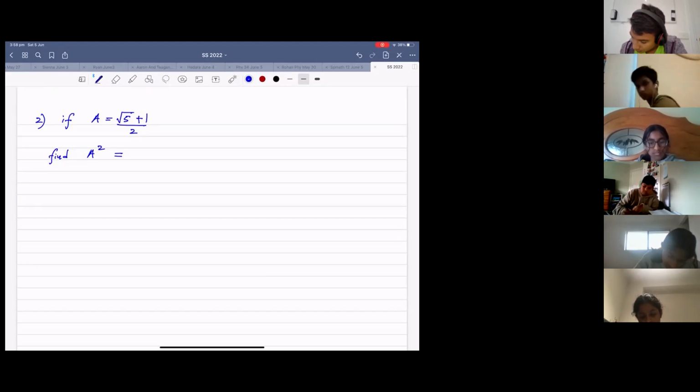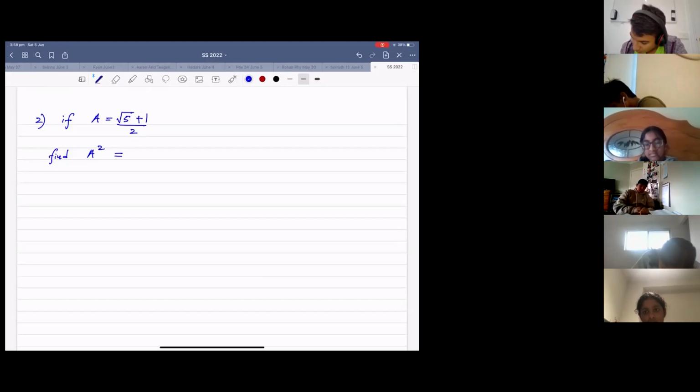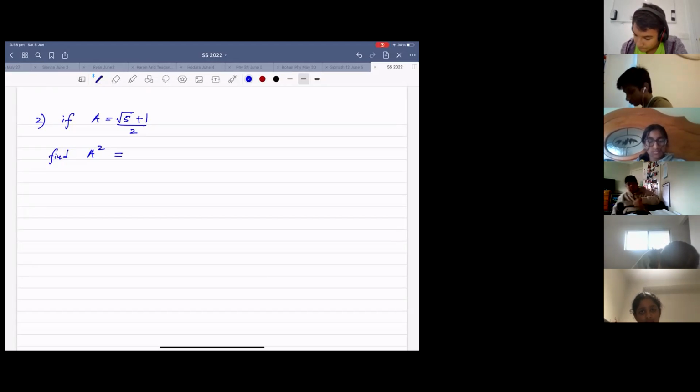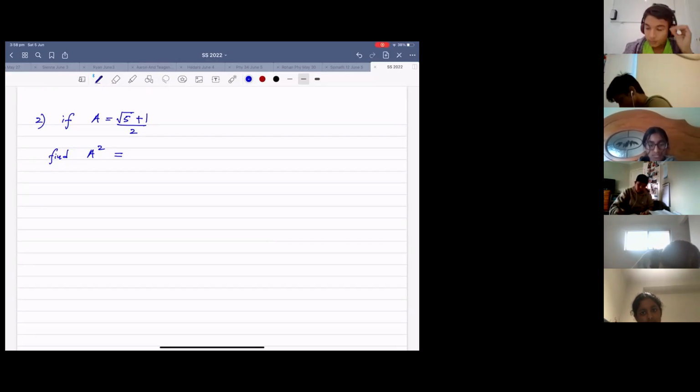So if A is equal to square root 5 plus 1 divided by 2. So now once you see square root 5 plus 1 divided by 2, I don't need to tell you to put a bracket. Bracket square root 5 plus 1 divided by 2. Please attempt it, okay? Don't just conclude that, oh, this is hard, I can't do it. That is not learning. You learn what you don't know, right? So just attempt what you know. So this is how we do. Are you attempting it?